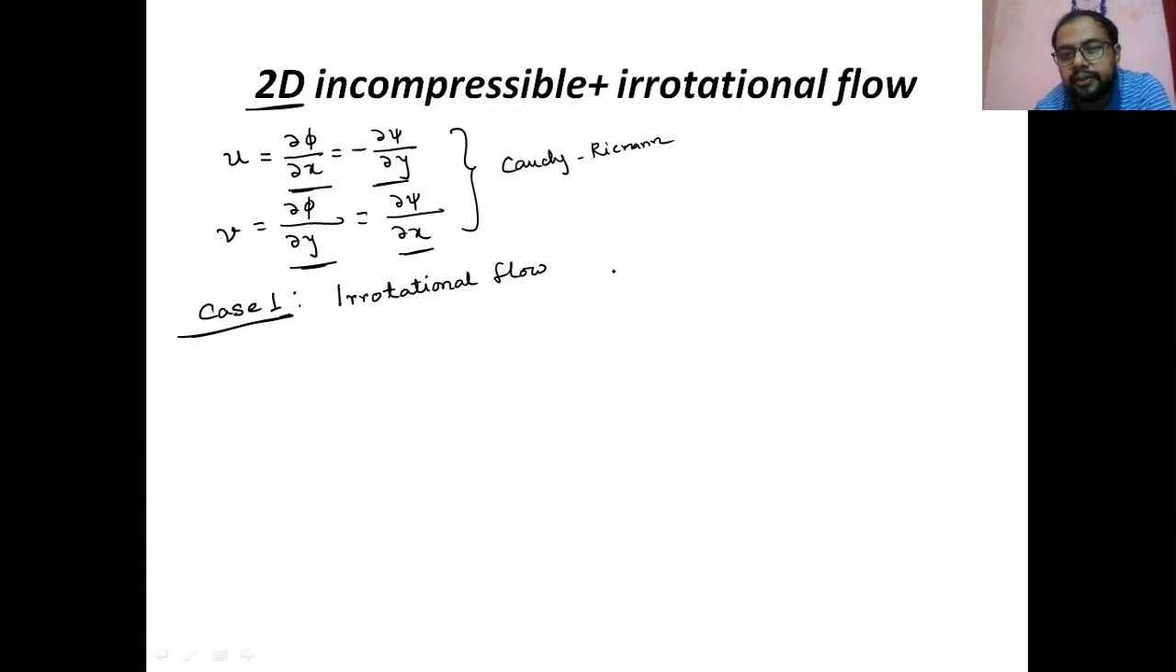So as it is an irrotational flow, phi exists. Phi exists means there is existence of the phi, so it satisfies that there is no rotation in the flow. Now, if we merge this concept with the incompressible flow,